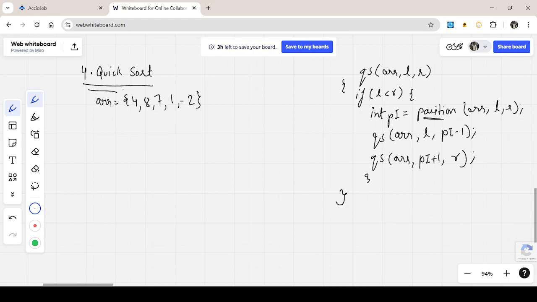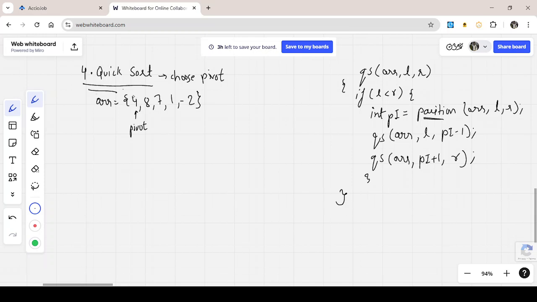Right, so in quick sort we have to choose an element as pivot. So we generally choose the first element as pivot, and suppose here we will choose this element as pivot,